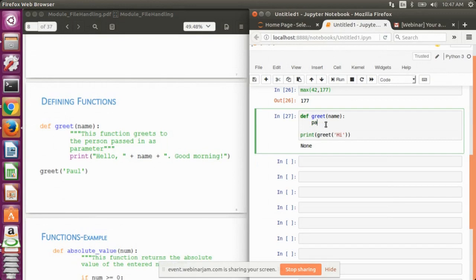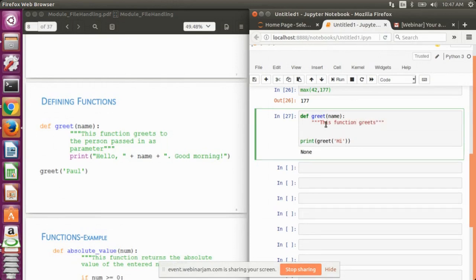Now suppose I define some body in this. Here we have used triple quotes. So I'm just writing a single comment only. Now here I write hello plus name plus single quotes, good morning.